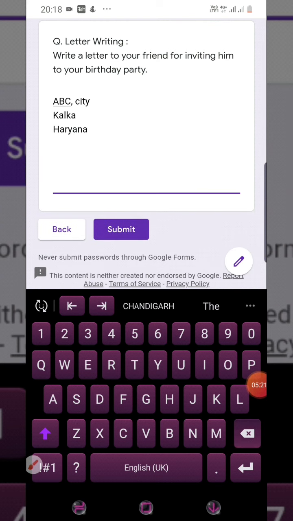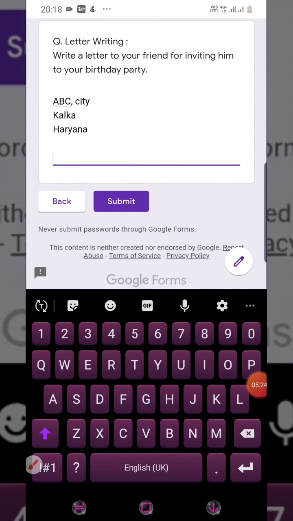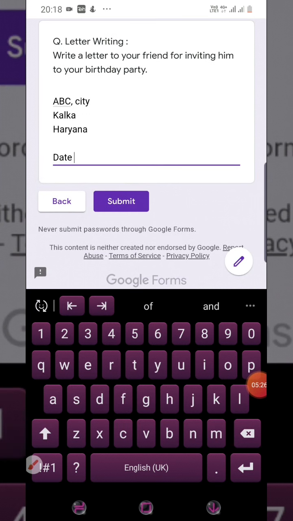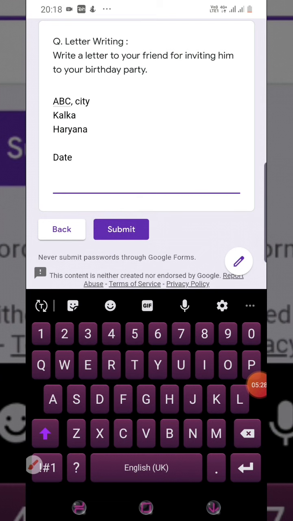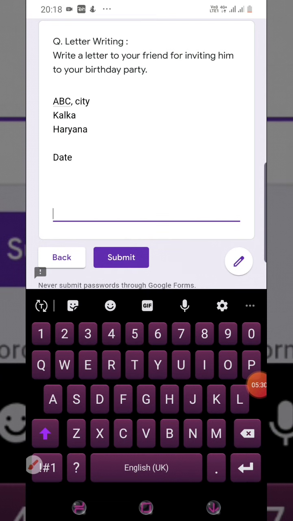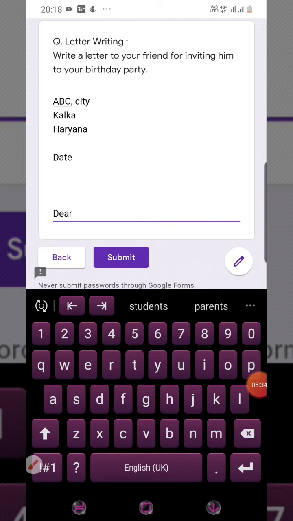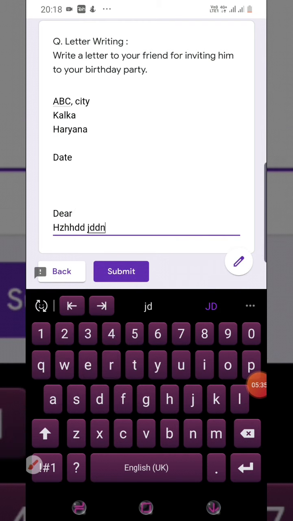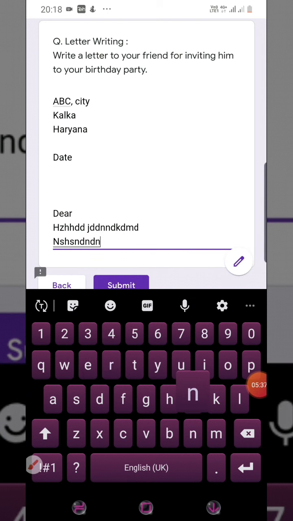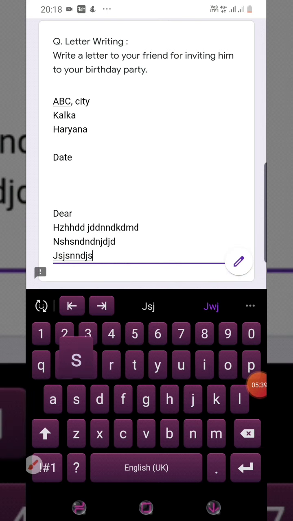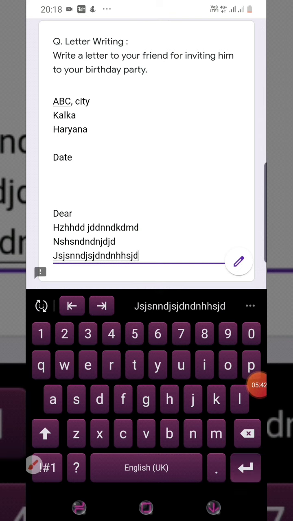If you have to take a full review, then like the date, after that to whom we are writing the letter. The format I have already cleared to you, so don't worry about it. Dear, salutation, after that the body. And after the body you use the enter button on your keyboard.